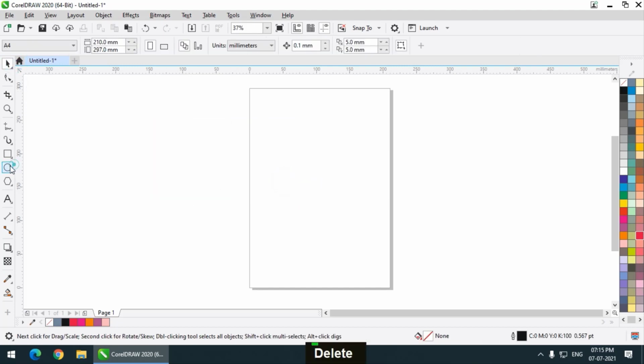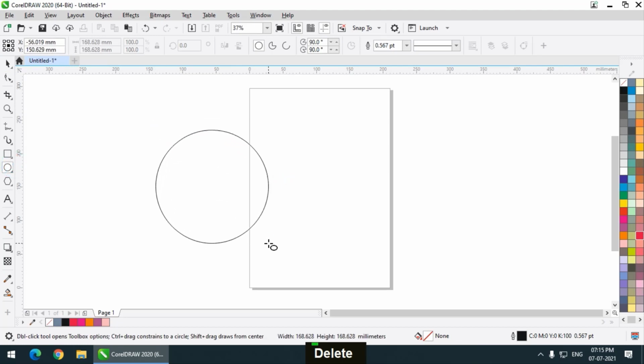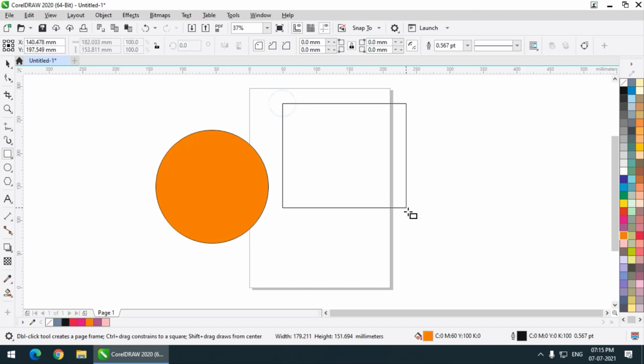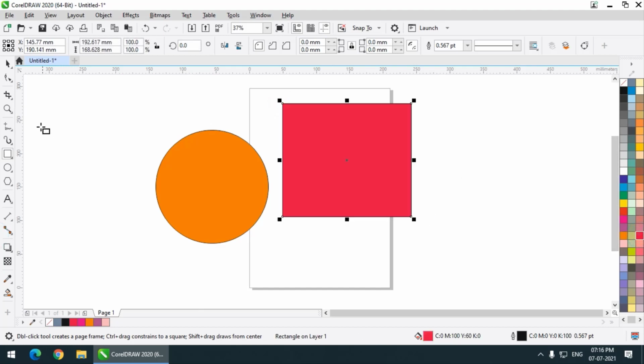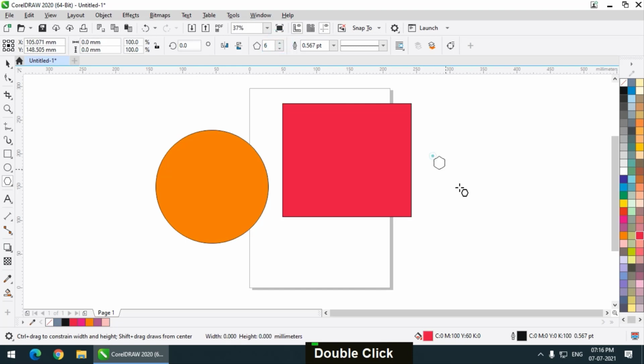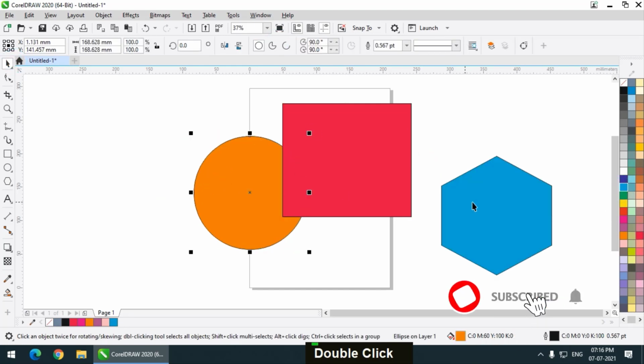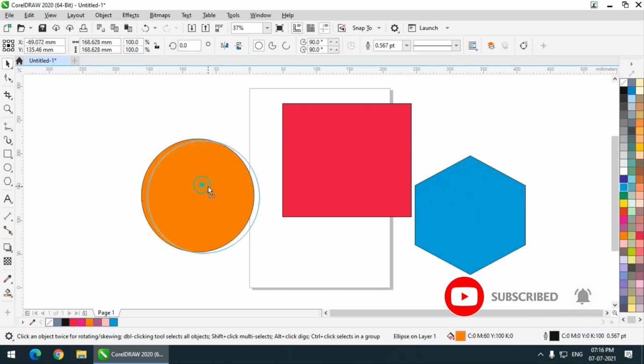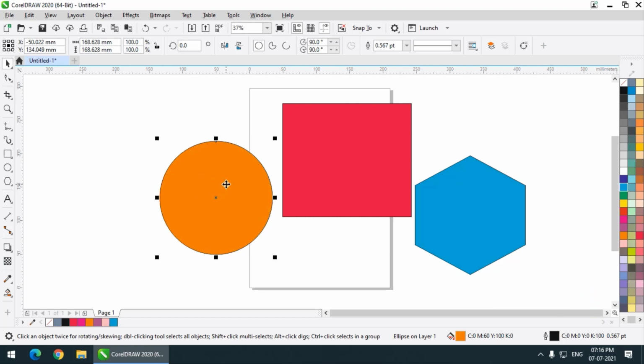But here is an interesting thing. Let's say I create a few objects: one ellipse, a rectangle and some other shapes like a hexagon. Let's say I want to crop this ellipse or circle object, but I forgot to select this particular object.